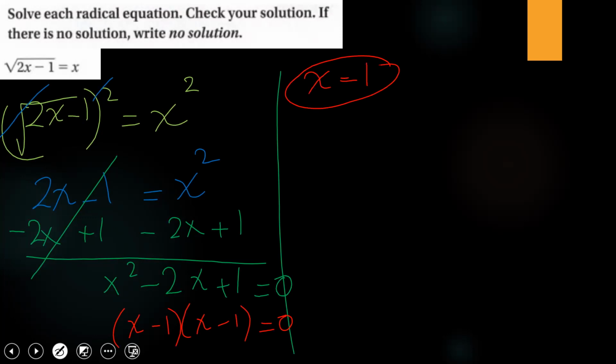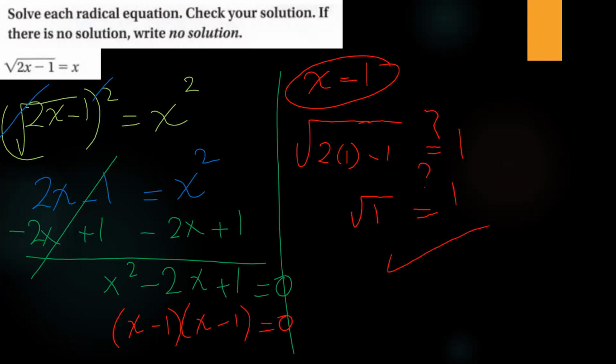Now I want to check if when x is 1 the radical equation is correct or not. So 2 times 1 minus 1, 2 minus 1, which is square root of 1, is it equal to 1? Yes. So this is a solution. Teacher, my answer is correct and the same, but I solved it instead of making it